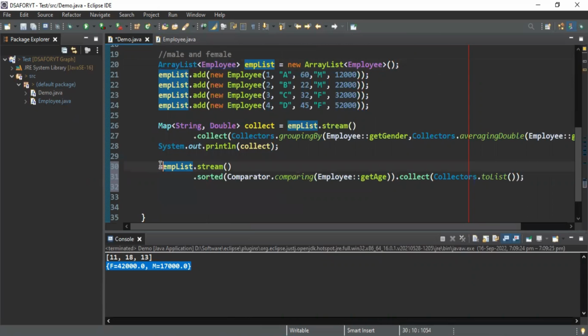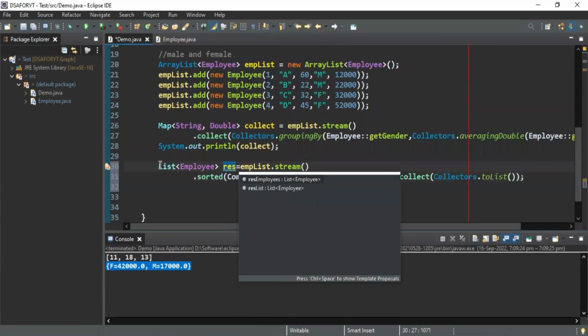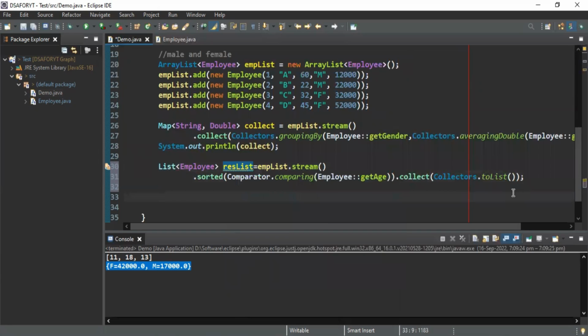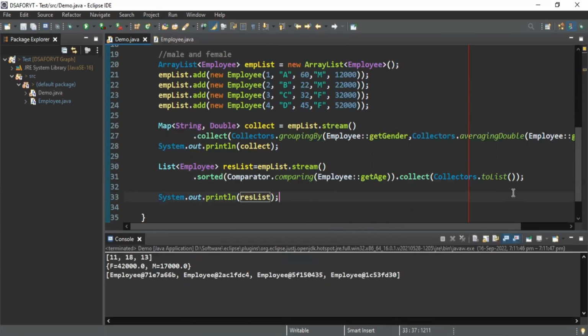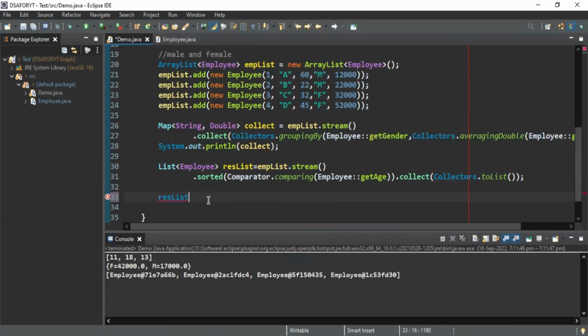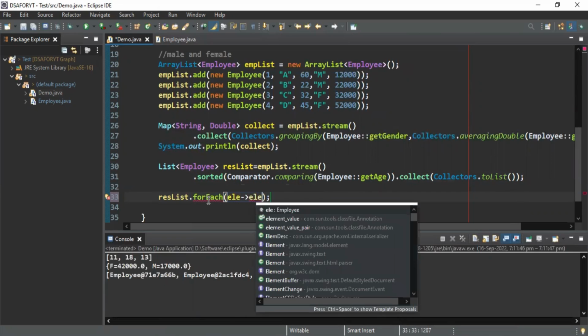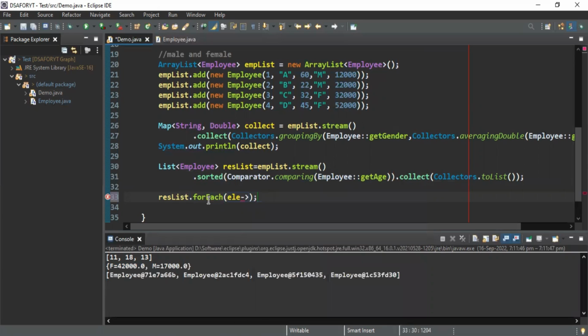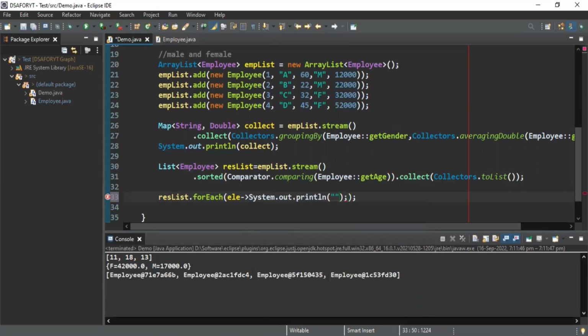So this is list of employee, and this is my res list. Let me print res and then run this code. Sorry, for this I just made a mistake. Because res is a reference to all the objects, it will not print directly. So I need to put e dot get element. Just not like this. So I will print the first id,